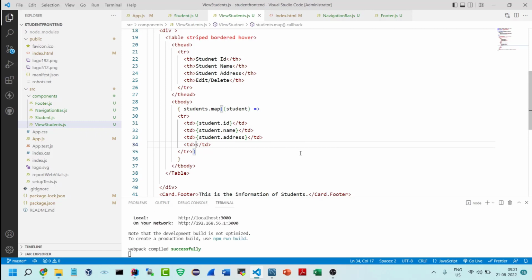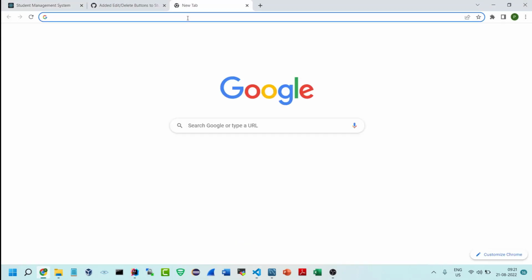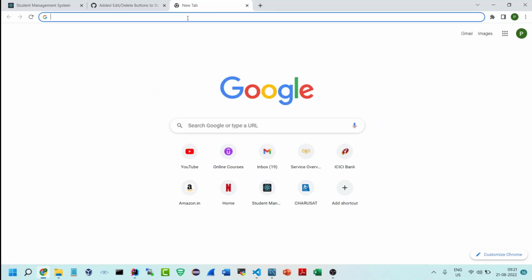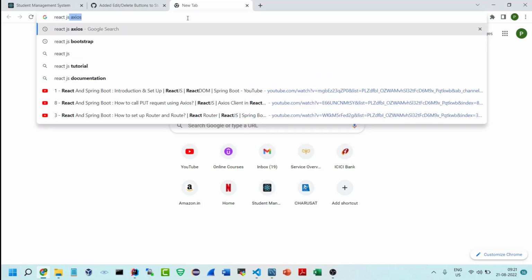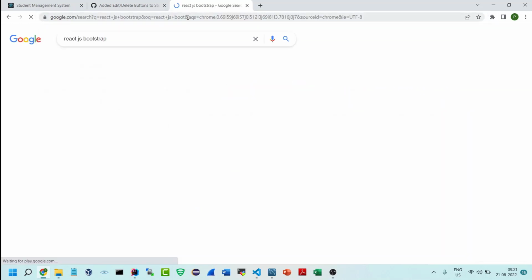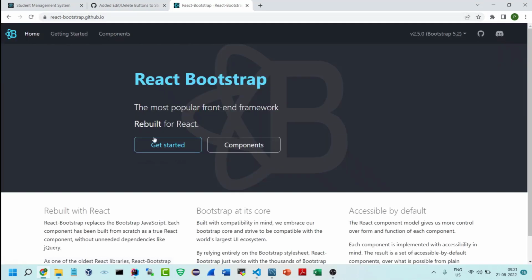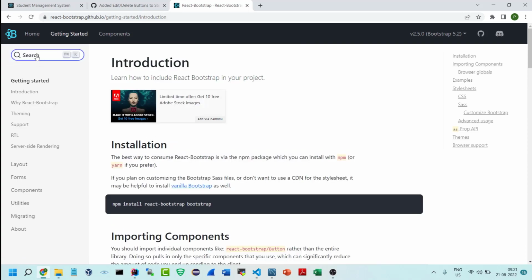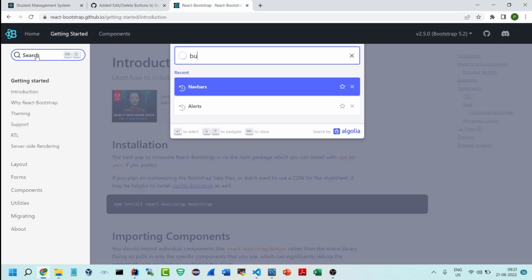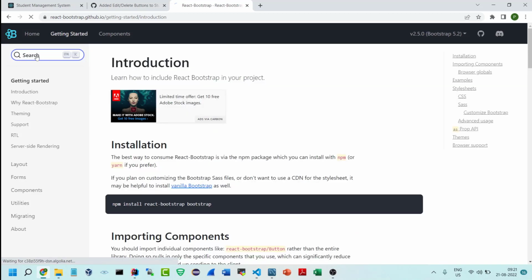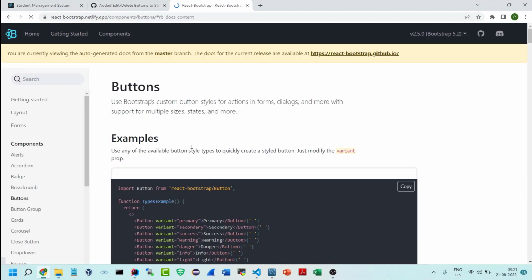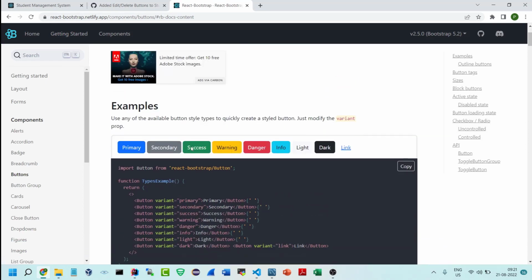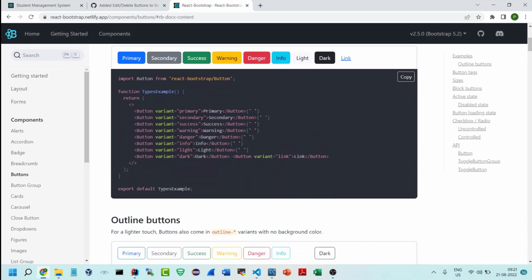So how can I get a button group? To get a button, I will go to React.js Bootstrap, and there I will look for the button that I want to add. Here I will just type button in the search bar. I will get code related to buttons. So let me take the buttons. For update,